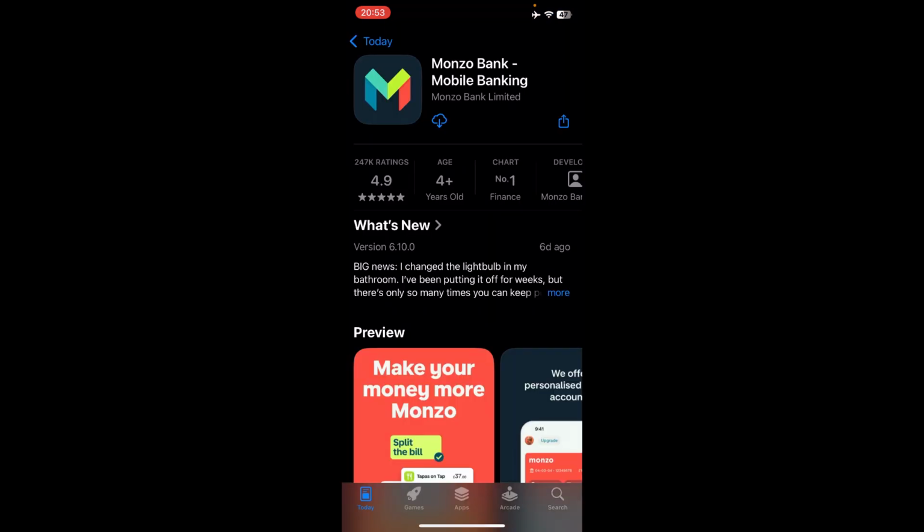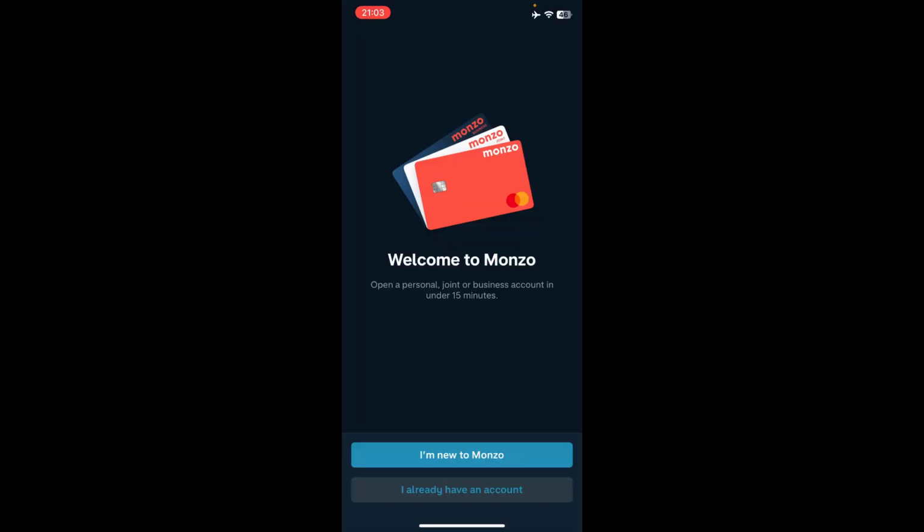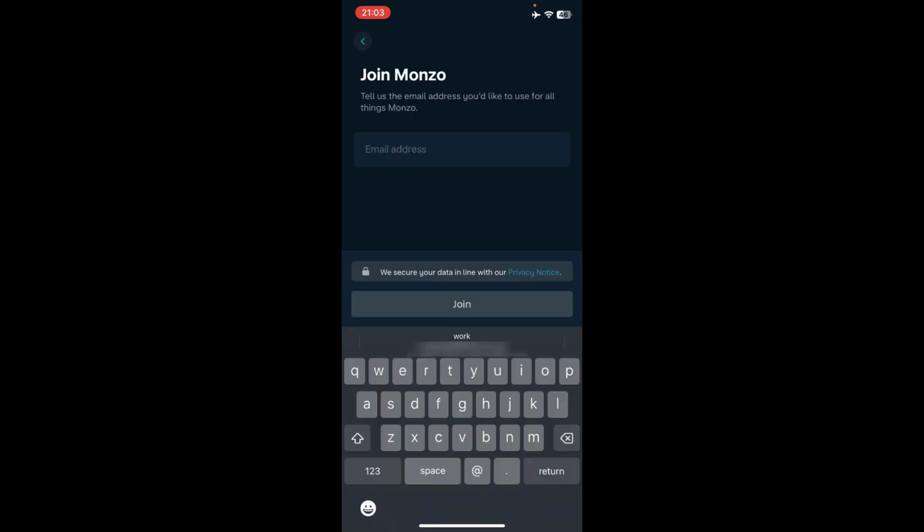It takes us here and we're going to download it on our app store. Now, after the app is downloaded, you're going to tap on open. And then as we mentioned before, you're going to tap on I'm new to Monzo. Then you're going to put in your email address, tap on join, and then there are some other steps where